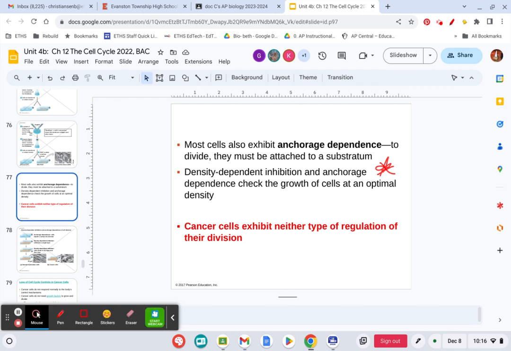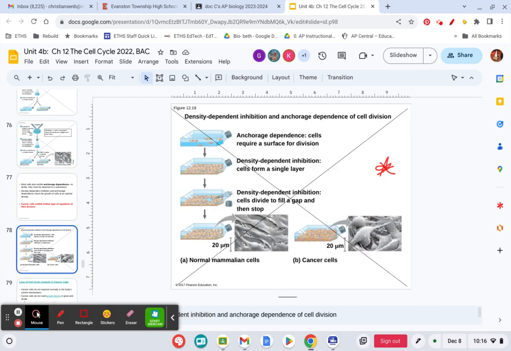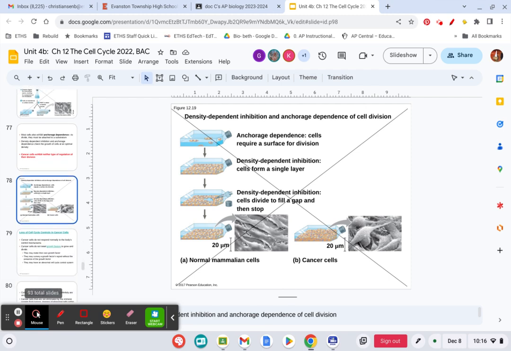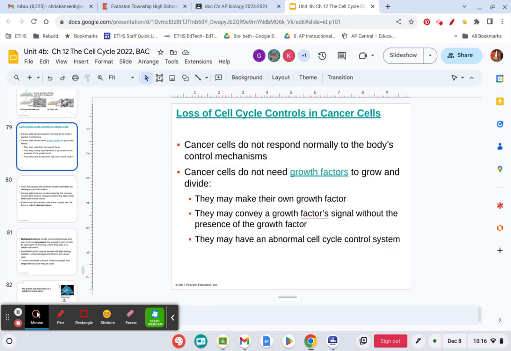Okay. So that's one of the problems with cells that are cancerous. And we're going to talk today about more of those situations where cancer develops. We can take this one out too because it's related to the last slides that we took out. And then we're going to go straight into how cancer develops. And it all has to do with that cell cycle.